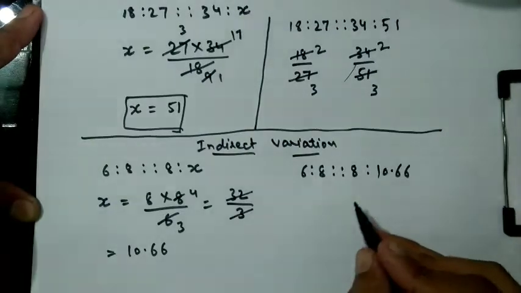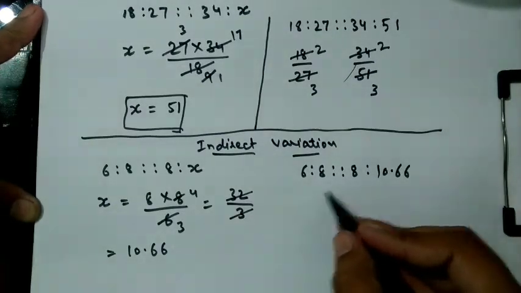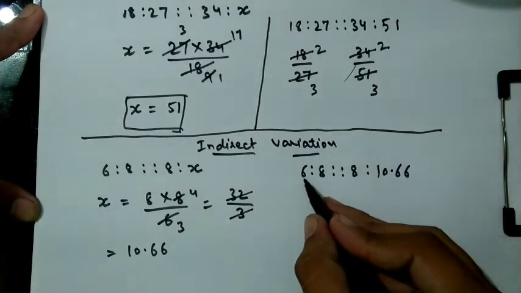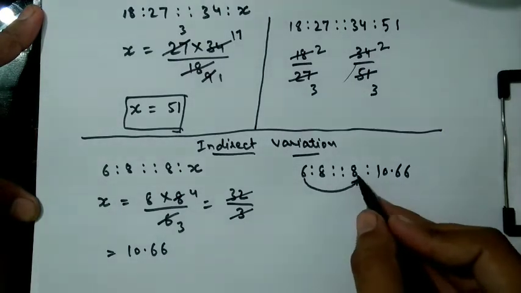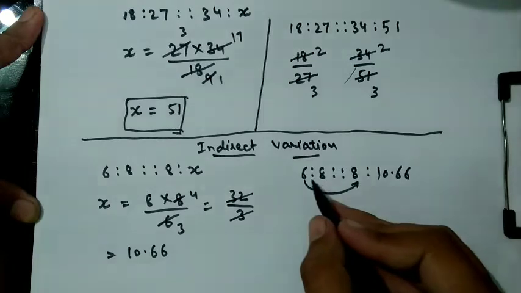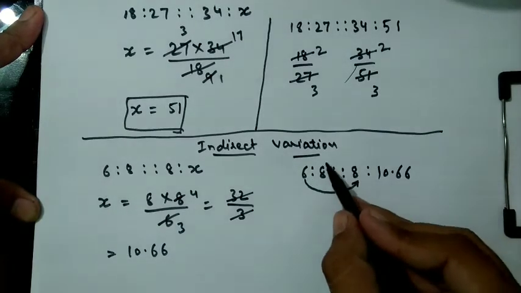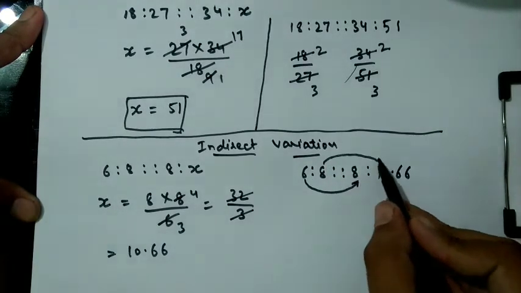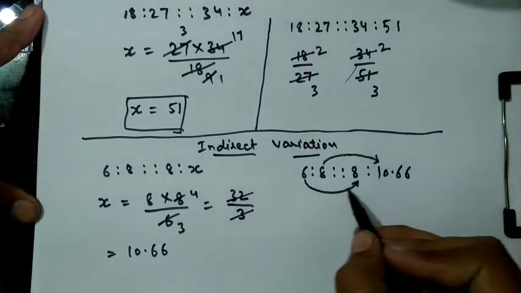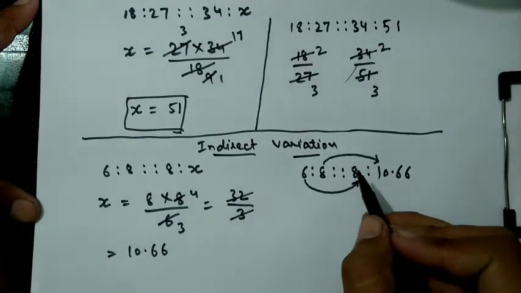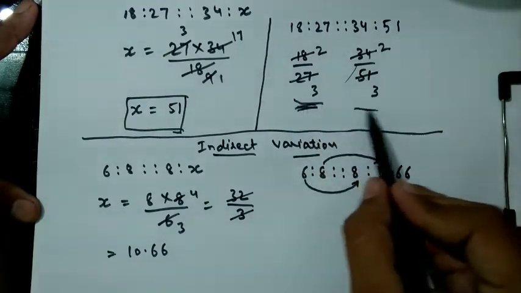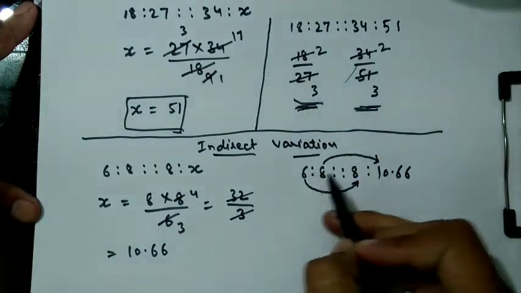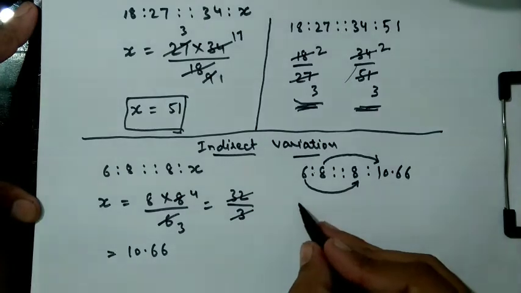So now here you can see your first concept that I explained: if 6 is increased by 2 and 6 have a power, now 8. So if 6 is increasing here, then 8 is also increased by this. How can you find the indirect variation here? You have to do this method again. You have to find the ratio. So find the ratio of 6 and 8 firstly.